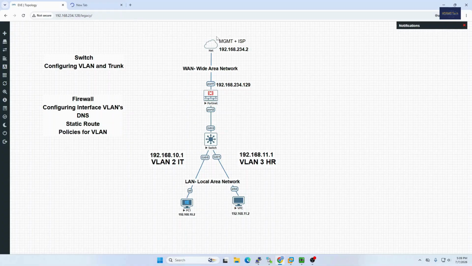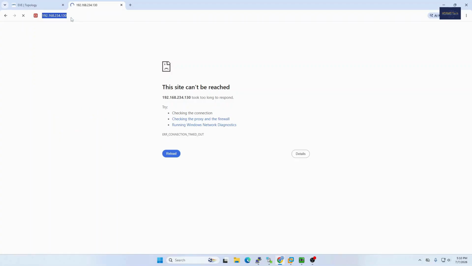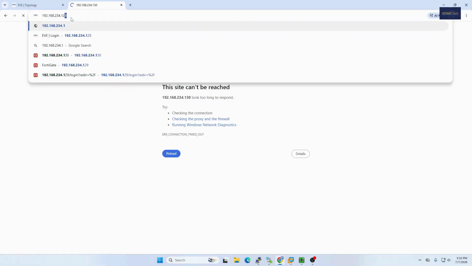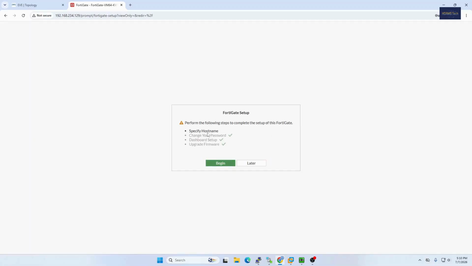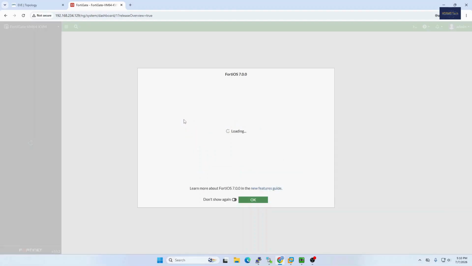So we can see the IP for the Fortinet. So you know the gateway, this is our gateway 192.168.234.2, the service provider ISP, and also it is my management port, sorry, 129. Enter. 234.129 my firewall IP address. Admin, and enter the password. Login later. Okay,